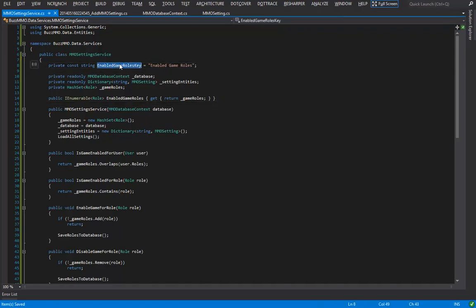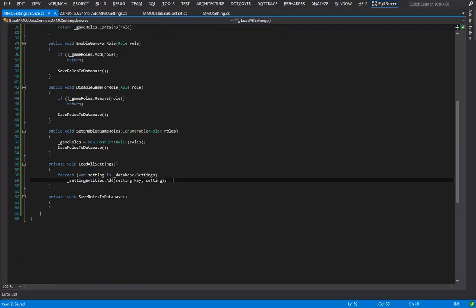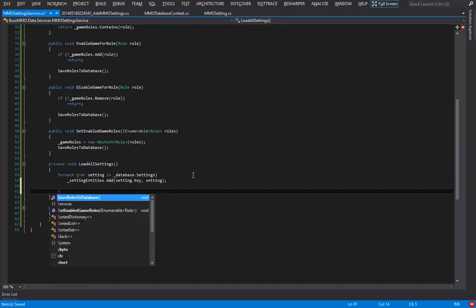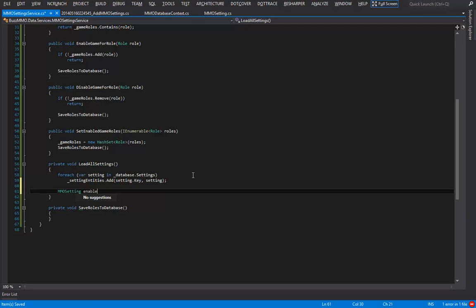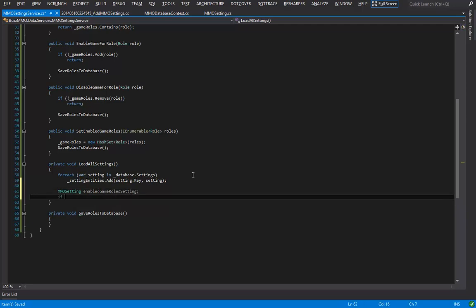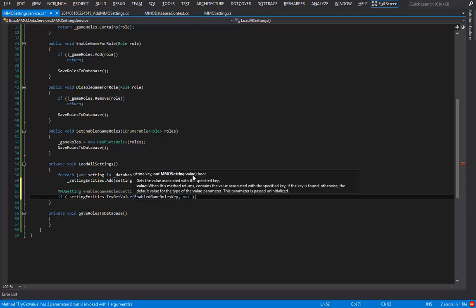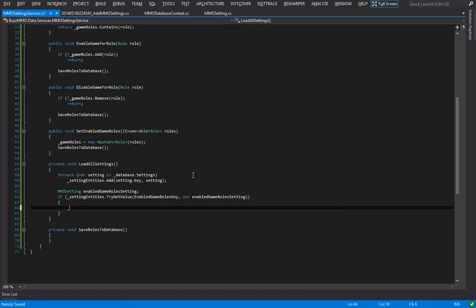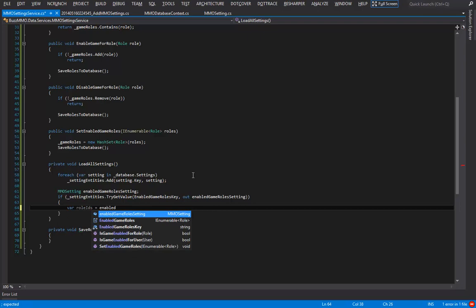So this key will be used in our dictionary and in our database to distinguish the particular row that contains our enabled game roles. So now I can go back down to load all settings and finish this method off. I can say MMO setting enabled game roles setting if setting entities dot try get value enabled game roles key, comma out enabled game roles setting, then I'm going to say var role IDs equals, well